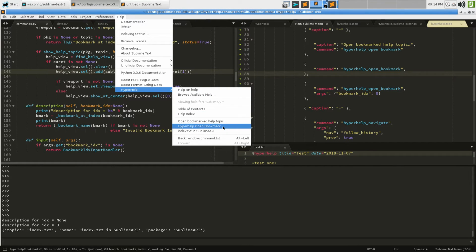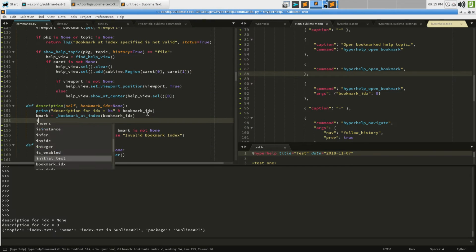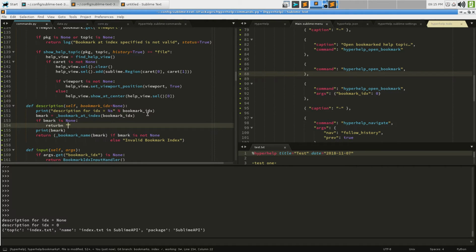to call description. This is the one where index is none, and we see it not printing bookmark, which really seems like it should be returning invalid bookmark, but it's returning hyperhelp open bookmark instead, or if you will, that's the name of the command. So that's what appears here. And in this one, it actually does that. Well, let's do this. If bmark is none, return,